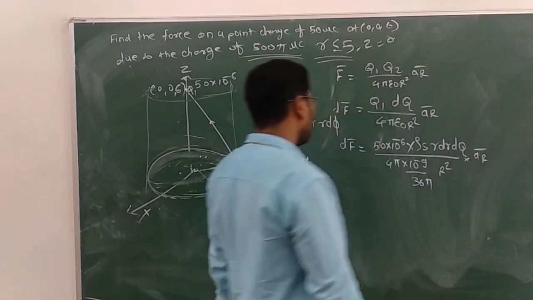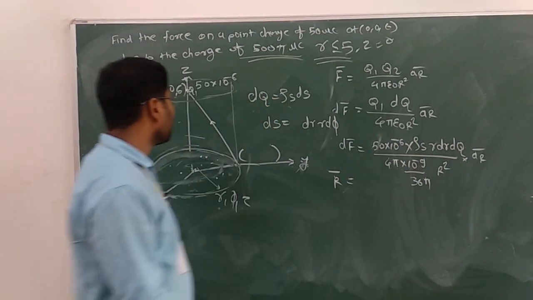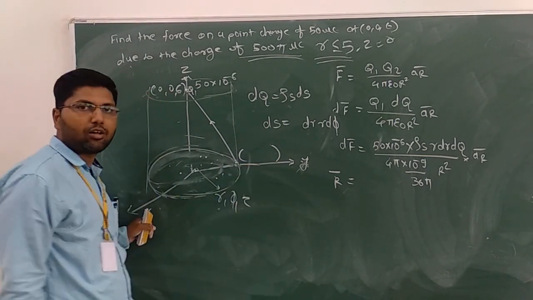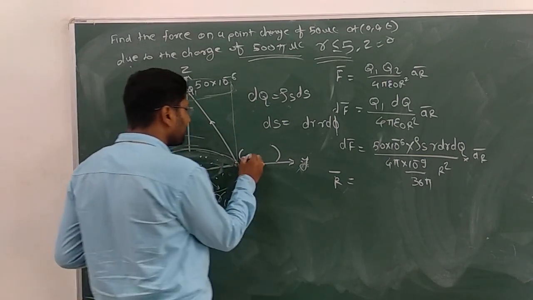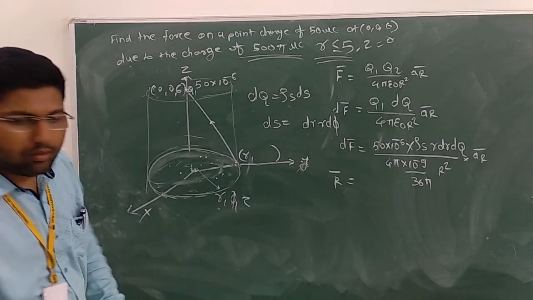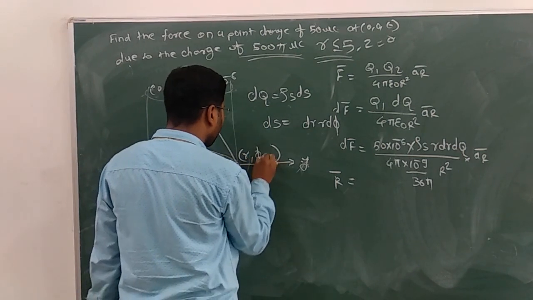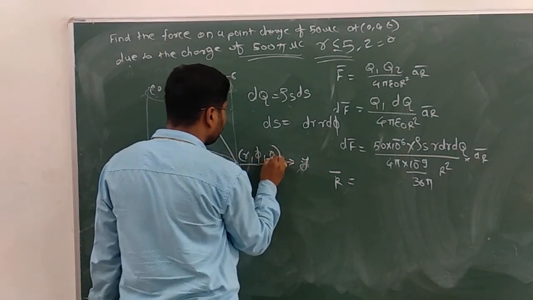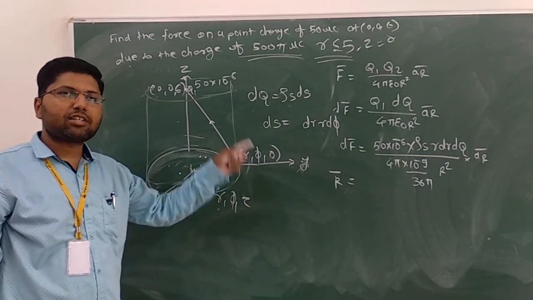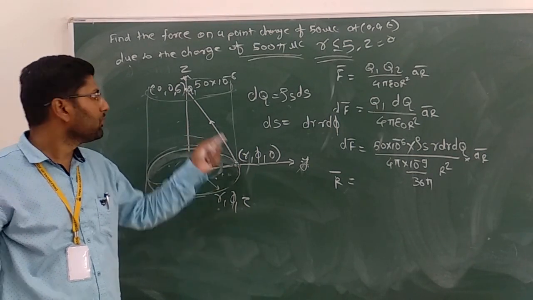First of all, we calculate r bar. How to calculate r bar in this equation? Now I will require this point. At this point, I will require coordinates. So the coordinates are r, radius, next is r, phi, and 0. I am taking only radius because r is changing. So I am taking this r. I am not taking 5.